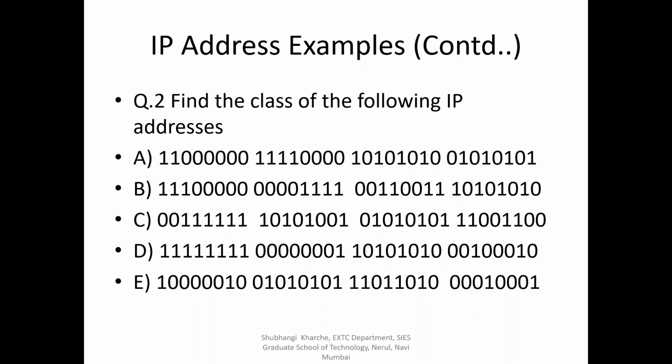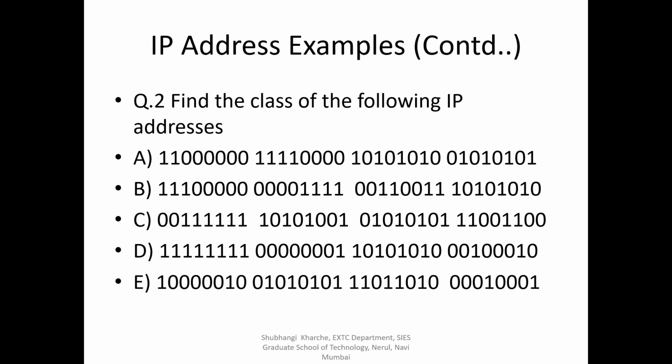Now let us find the class of the following IP addresses. In the first example, the first octet value is 11000000. So let us now convert these binary values to decimal. This will be 2 raised to 7 plus 2 raised to 6, that is 128 plus 64. The decimal value is 192, and as 192 lies in the range of class C, this IP address belongs to